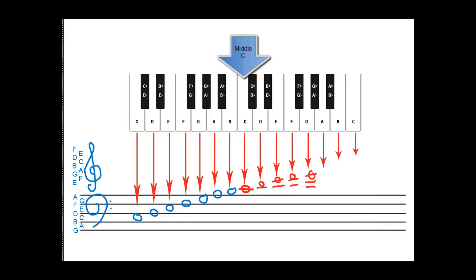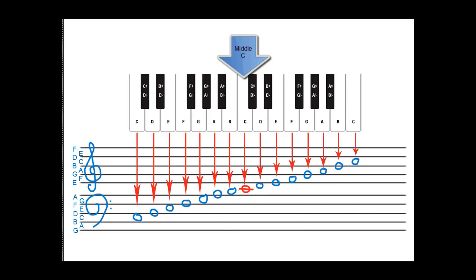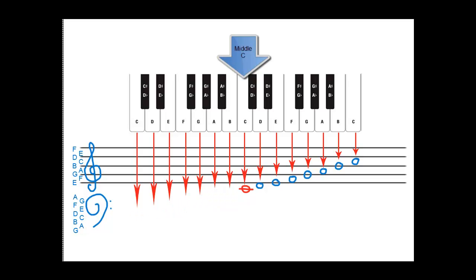Now, the same thing would work if we were to go in the opposite direction. Alright, so let's get rid of the bass clef notes and see what happens when we go in the opposite direction. Alright, so if there is our middle C, let's start adding in the ledger lines in the other direction. So if our first ledger line is middle C, we go down one, that is the B. Again, if this is in our treble clef, that is the B below middle C. We add in our next ledger line, which is an A,